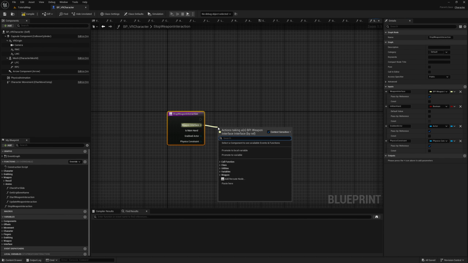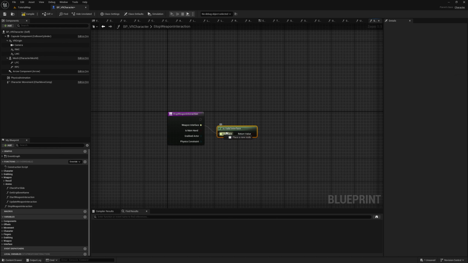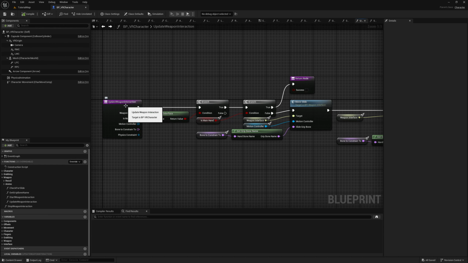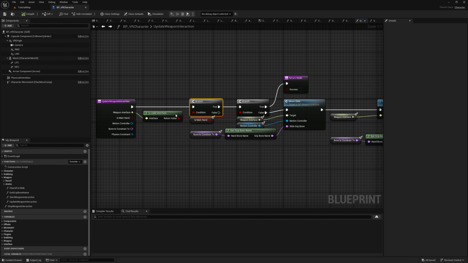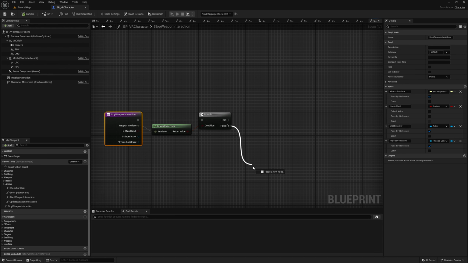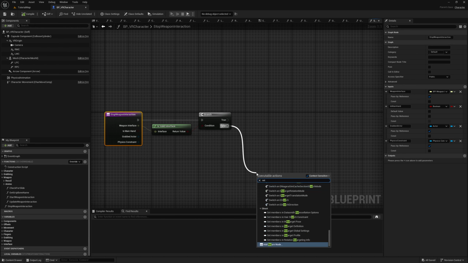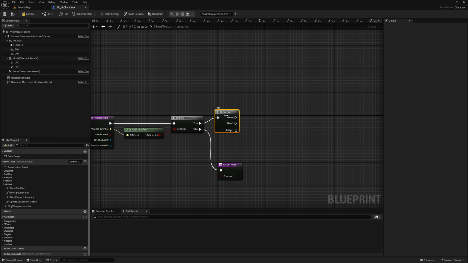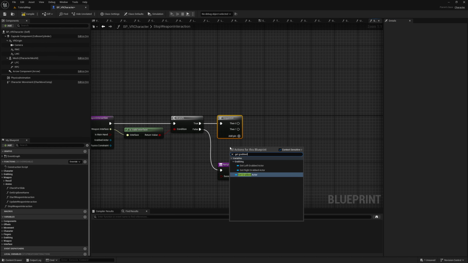Then first we will check if the interface is valid. Valid interface. One second, I just remembered here in our update weapon interaction, if the interface is not valid, we also want to return false. My bad, I'm sorry. Now, if this interface is invalid, return false. So another output, bool, success, and false. If it is true, add a sequence, get the grabbed actor,